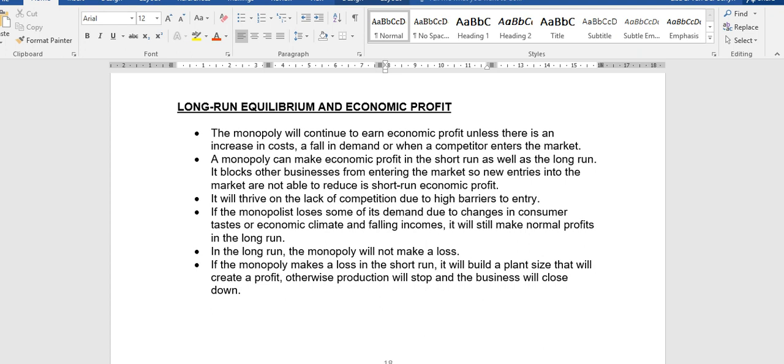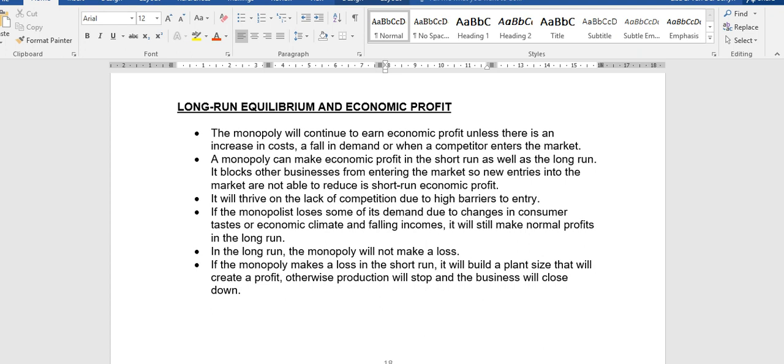When we did the perfect market, the thing that takes away the economic profit in the long run is the fact that in the perfect market, there's freedom of entry. So more entrepreneurs will enter the industry, which would make your individual producer's market share to decrease. That cannot happen in a monopoly. All right. So in the monopoly, because entry is blocked, chances are very good that he will make an economic profit also in the long run. All right, because of the fact that there's no competition, he doesn't have to share his market share at all.